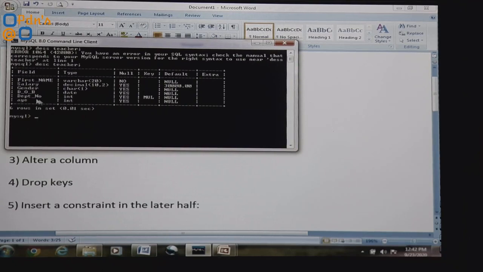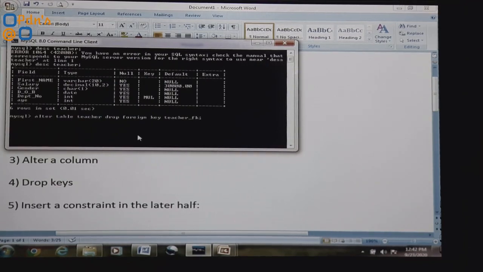So here the foreign key has been declared as department number. Alter table teacher, drop foreign key, teacher underscore FK.